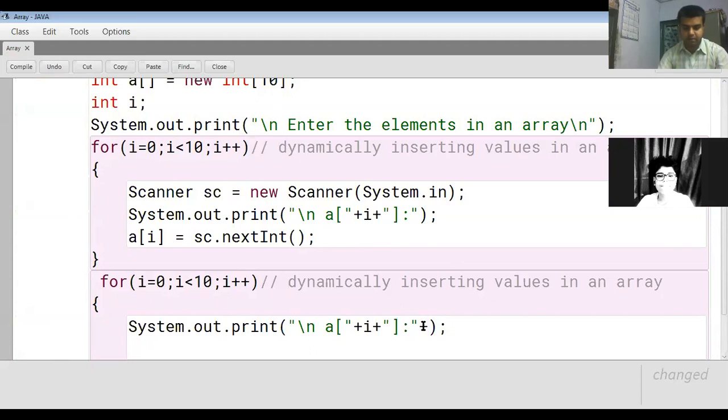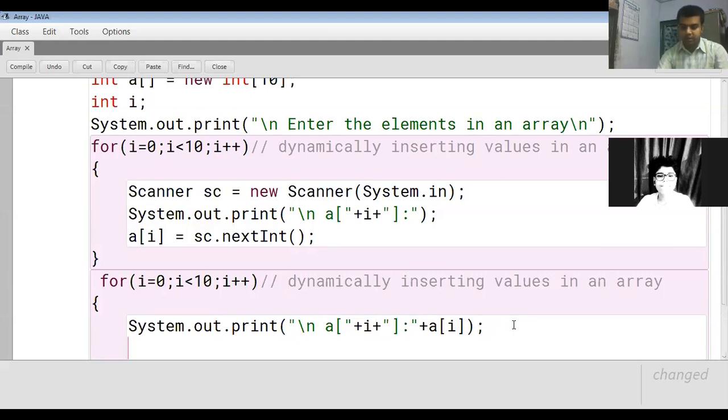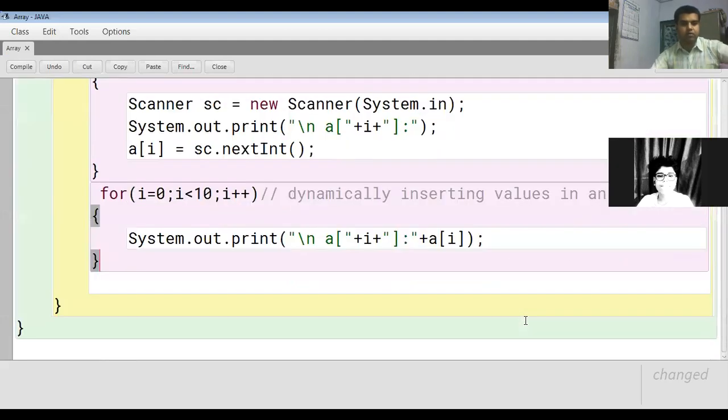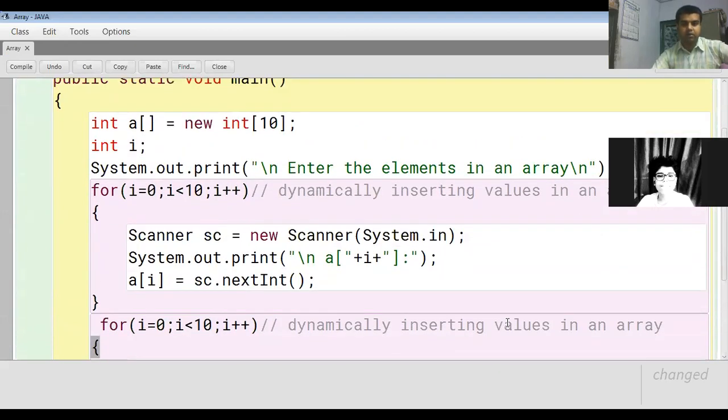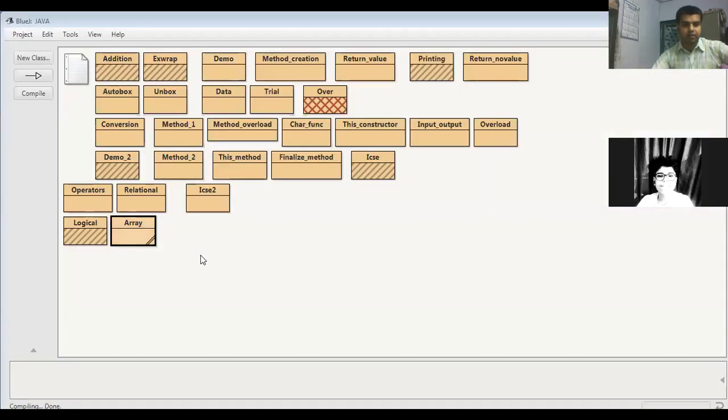Okay, plus a of I. Okay, and this brings to the conclusion of the program. That is how you actually dynamically insert the value. Now if I compile it, no syntax error. So if I run the program now,